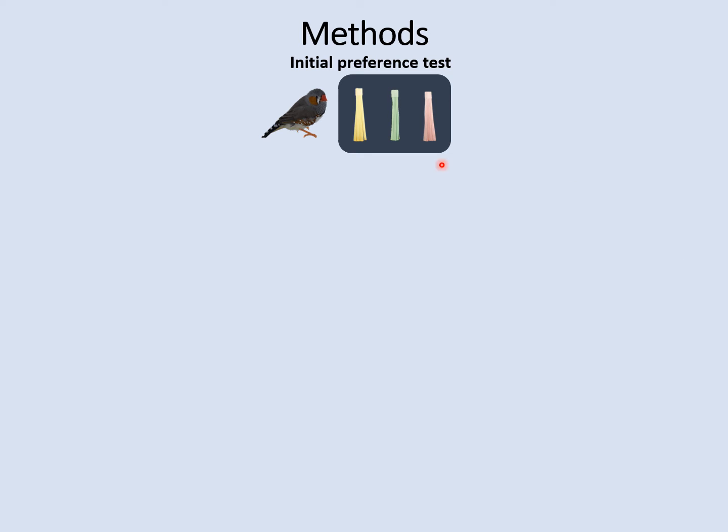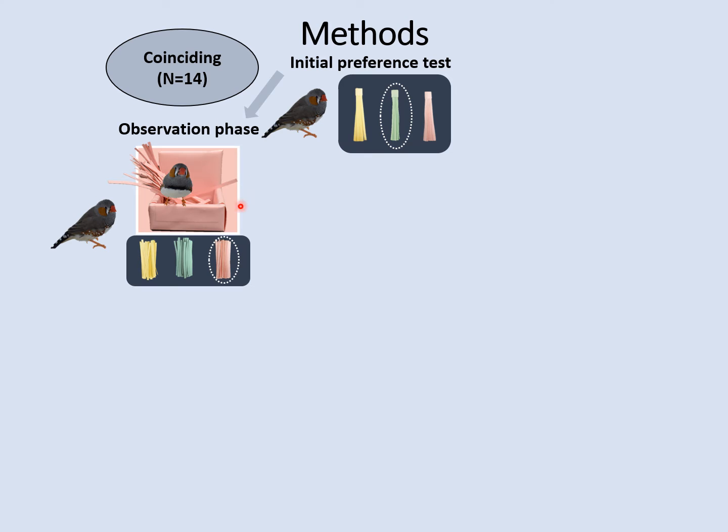We first gave male and female zebra finch pairs an initial preference test amongst three material options, which were three differently colored paper strip bunches of pale yellow, green, and pink, tied to one end of the cage. Based on the male's interaction time with material, we knew which material the male liked the most. For example, green. In the next phase, birds in the coinciding group watched a conspecific demonstrator build with one of the colors which the observers did not initially like, for example pink, against a background which matched the demonstrated material, hence which was also pink.